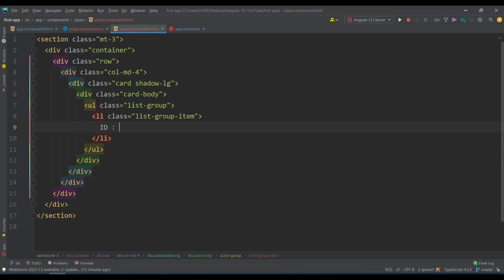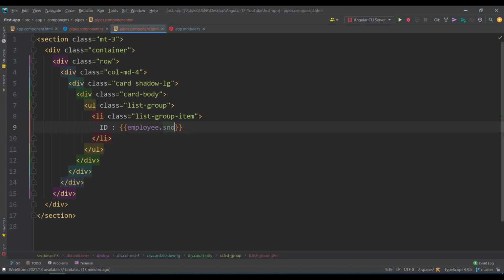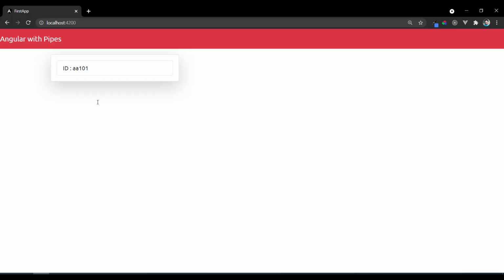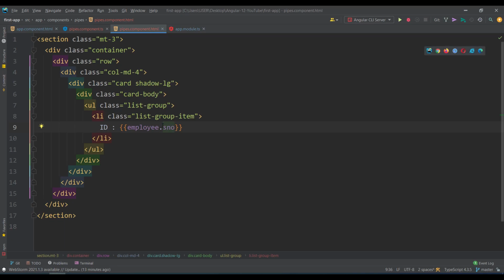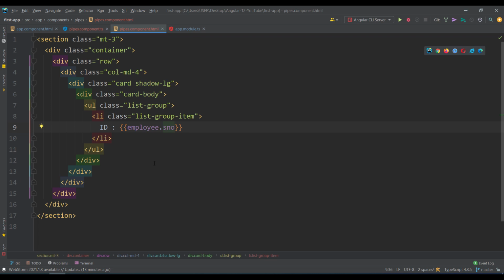First of all, I want to print the serial number or ID. How do you print it? Like employee dot serial number. If you print the serial number, it comes as it is, the lowercase serial number AA101. But I want to transform it to uppercase, so you have to use a pipe. This is raw data which you receive from the server, but to display it in a different way, you have to use pipes.